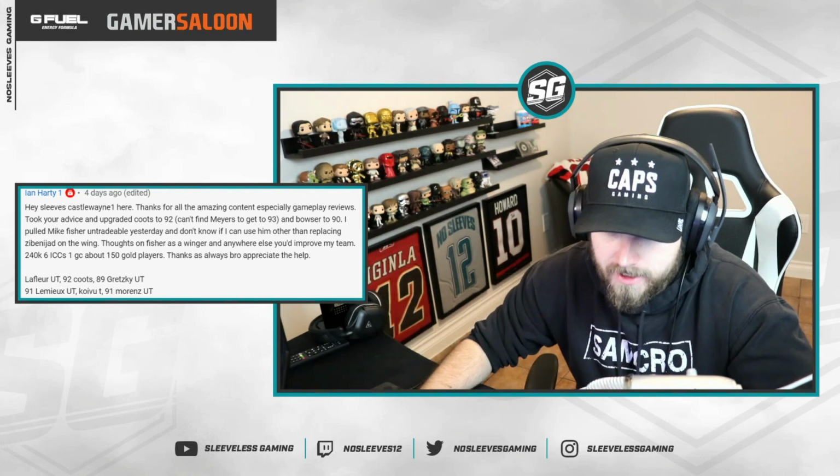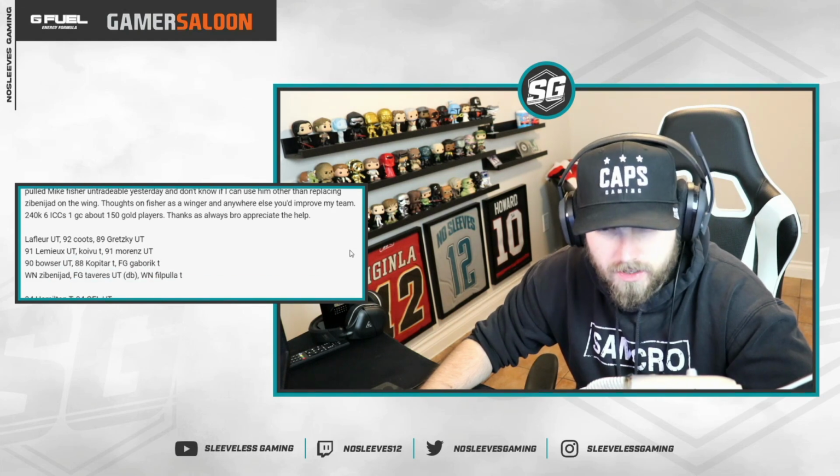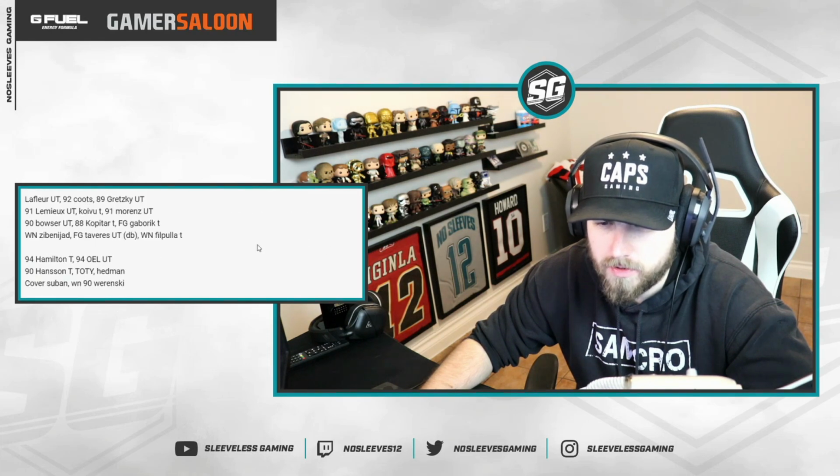And Bowser to 90. I pulled Mike Fisher untradeable yesterday, and I don't know if I could use him other than replacing Zibanejad on wing. Thoughts on Fisher as a winger and anywhere else you improve my team? 240K. Thanks for the help, as always. Okay,